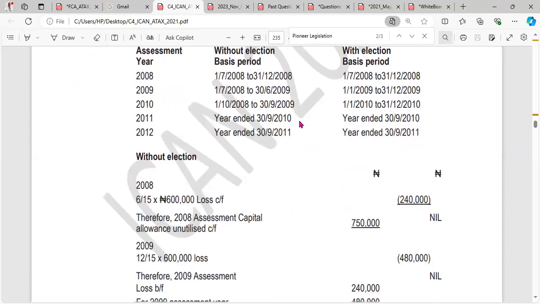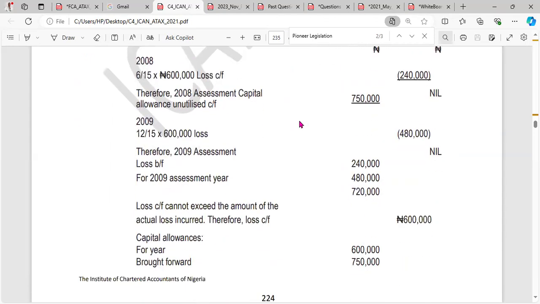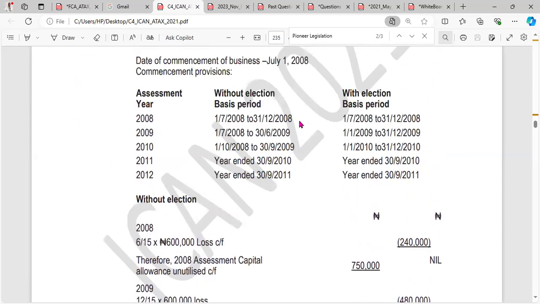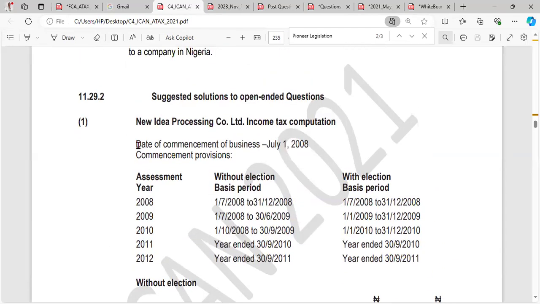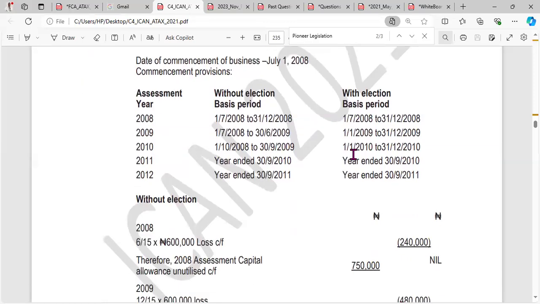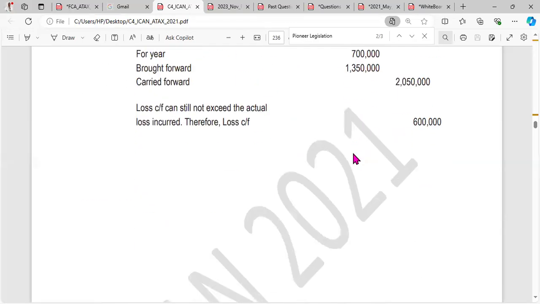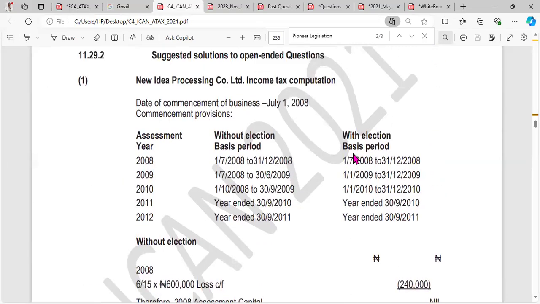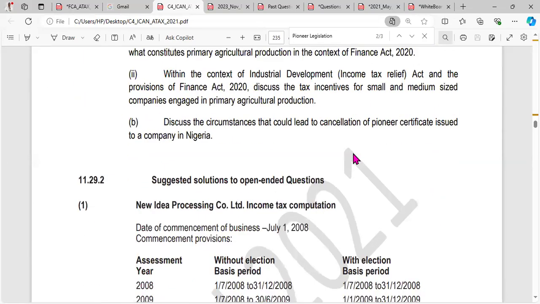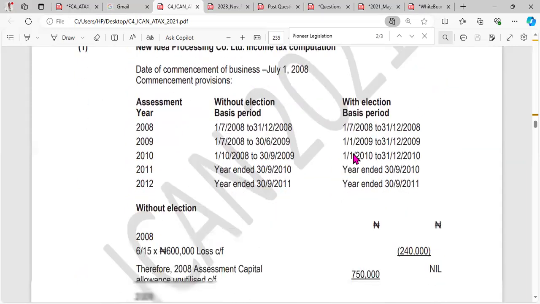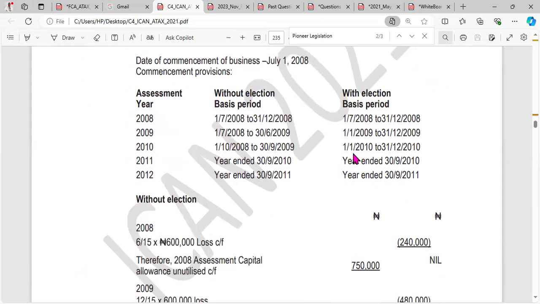Meanwhile, the New Finance Act is not being treated here. So that's why I decided not to do this question. But you can also turn it into one that will require the New Finance Act by instead of using 2008,